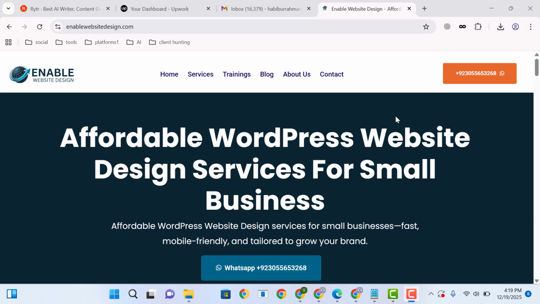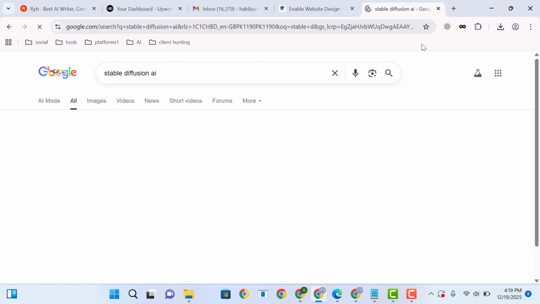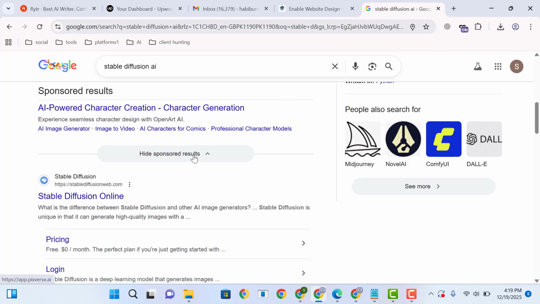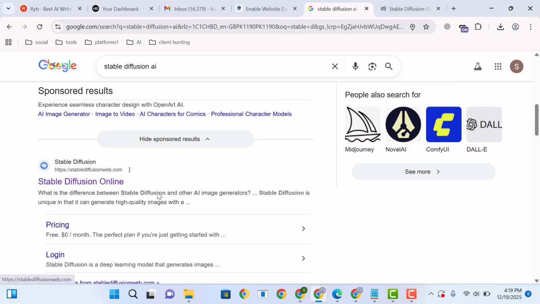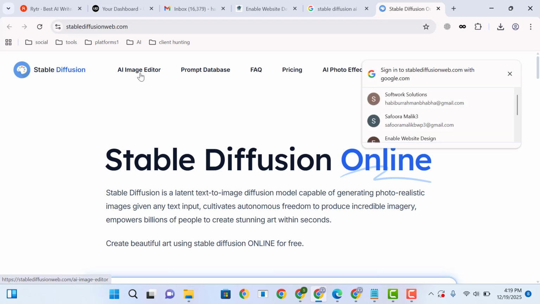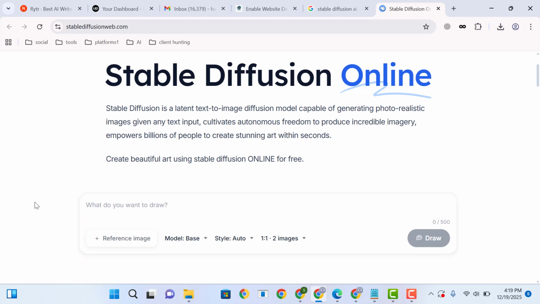In this video I will show how to use the Stable Diffusion AI tool. Here you can go and type Stable Diffusion AI. This one is the website. Here you can use the AI image editor, as well as generate images and many more. For example, I want to generate one image, top 10 freelancing platforms,